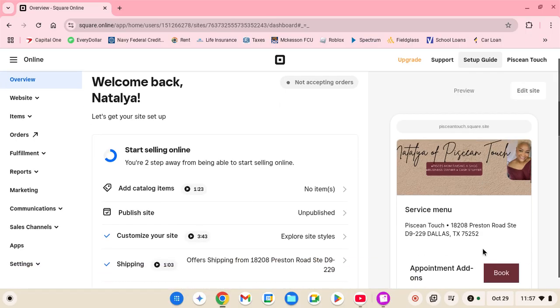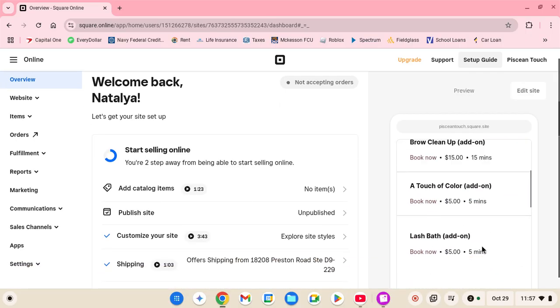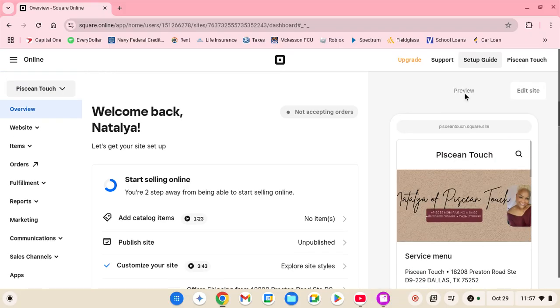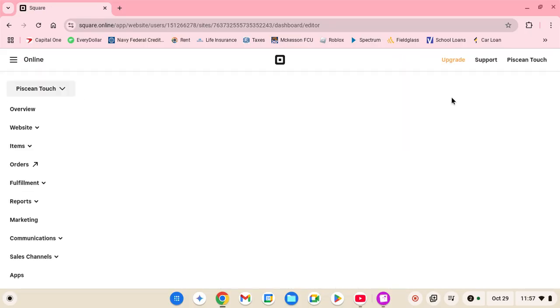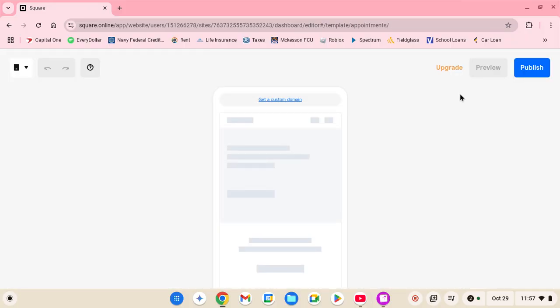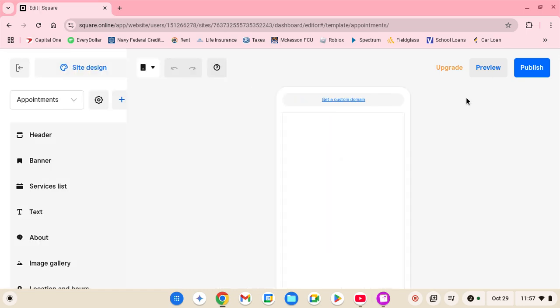Over here on the right side, we have our booking preview. We're going to go to edit site. And then from edit site,